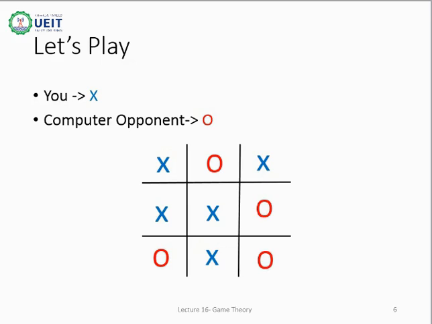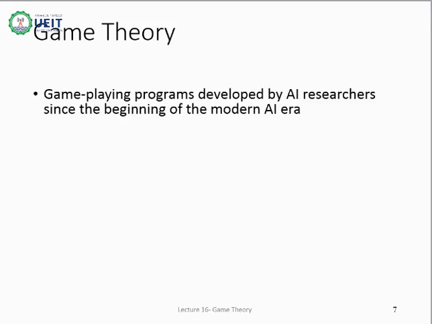If game theory has been correctly programmed into your machine, the machine will never let you win. Either you will lose or it will be a draw, as in the situation of this example. Since the beginning of the modern AI age, game theory has been part of it. Programs like chess, checkers, etc. have been developed and are now in very advanced form.